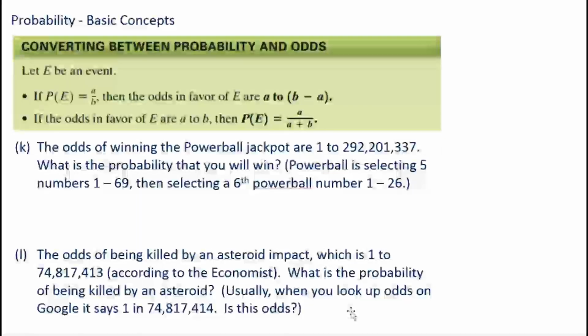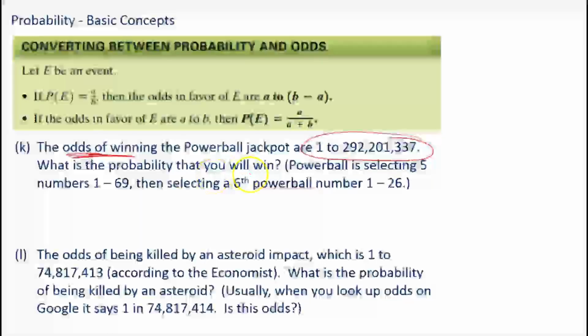But anyway, okay, when I looked this up, it said the odds of winning the Powerball jackpot are 1 in a number. But that is not odds. That's probability. If you see 1 in 5, that means it's not 1 to 5, it's 1 in 5. That's a probability. Odds are really always something to something. So if I want to convert that to probability, because it says the odds, let's get a pen working here. It says the odds of winning Powerball are, and so this is odds. Okay, now it says what is the probability that you will win? So that means we have 1 chance, and how many chances are there? So 1 chance we'll win, and